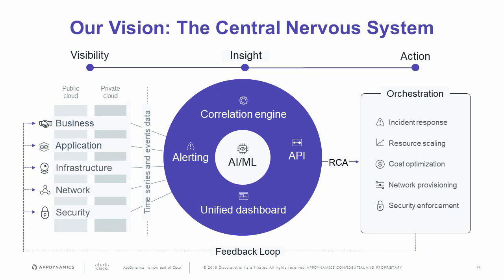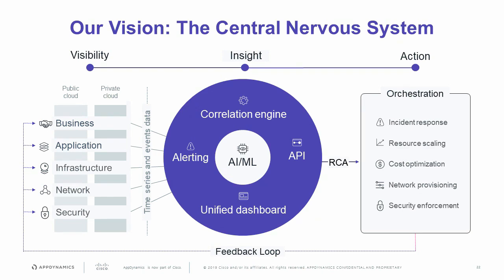Using the Perspica acquisition that we had, we are building correlation engines. We're creating alerts. We're using artificial intelligence and machine learning to basically give you a faster root cause analysis so that you have faster incident response. You have resource scaling that works according to your environment. And network provisioning becomes faster, and the security of your entire application is taken into consideration as well. And all of this is being fed back into the visibility that we have through the other tools